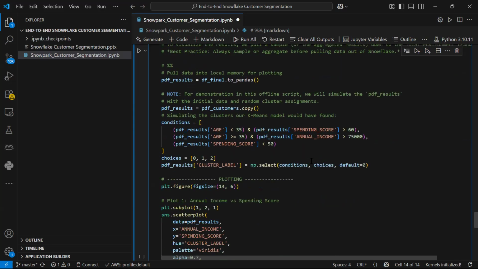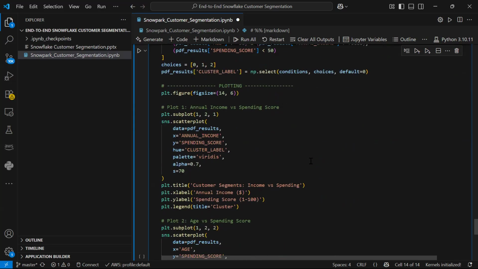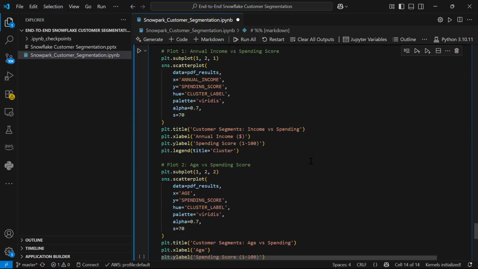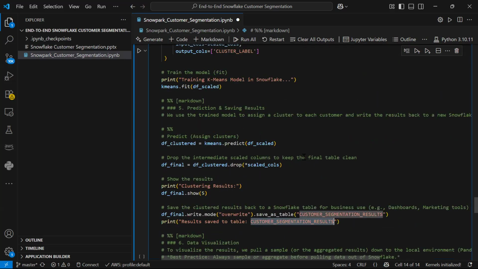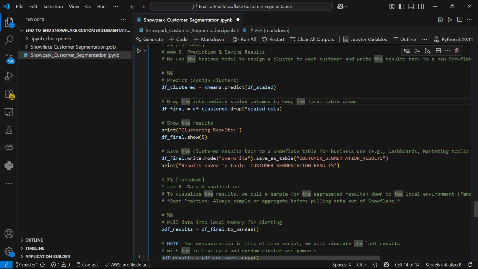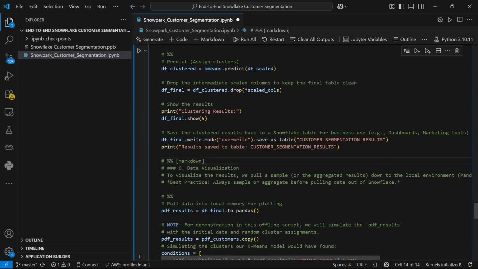And then we are trying to plot it also. Whatever the data, it is going to plot and it will show us here. Let us try the visualization part.